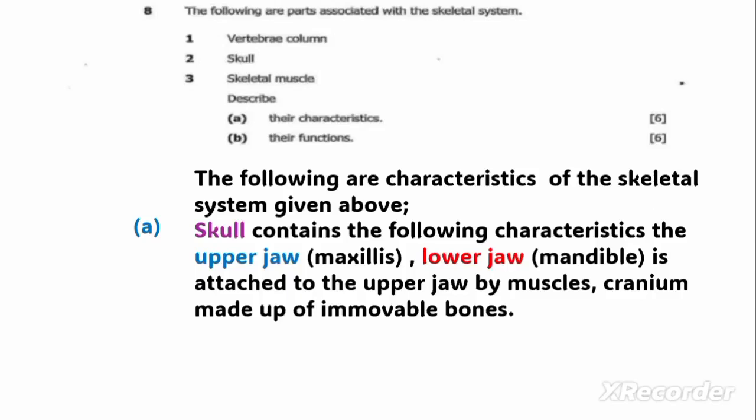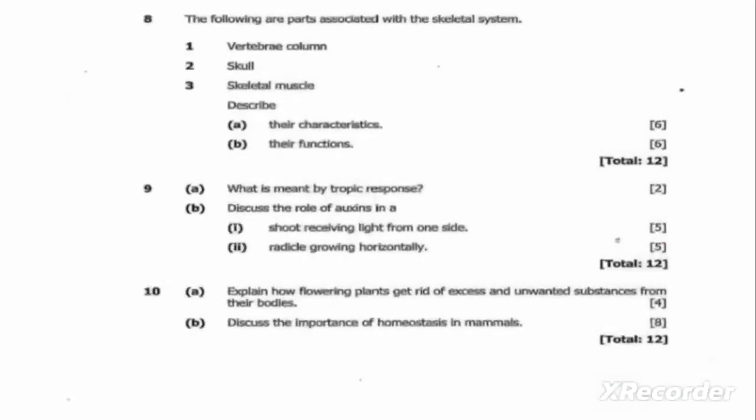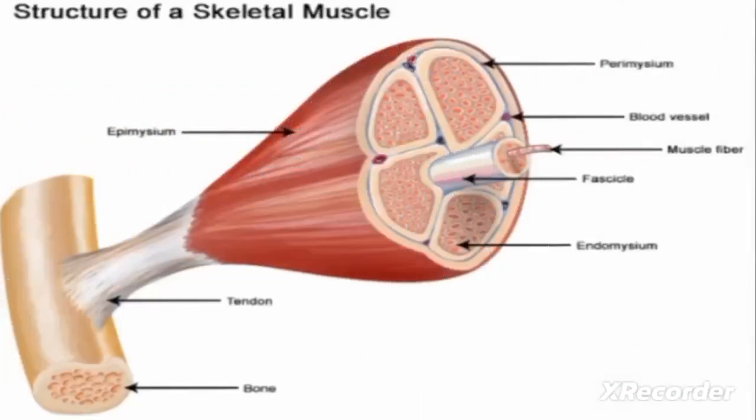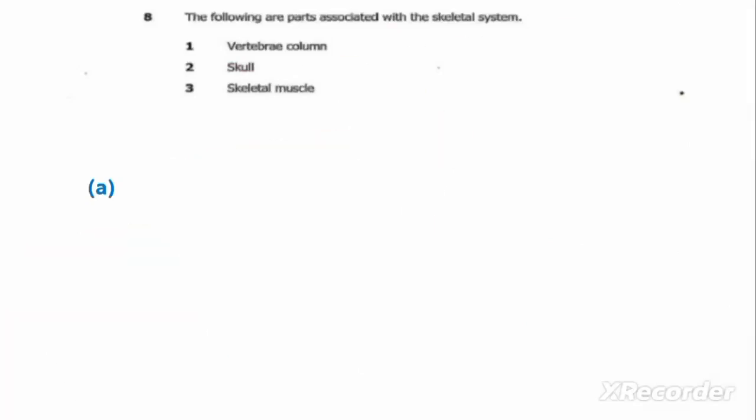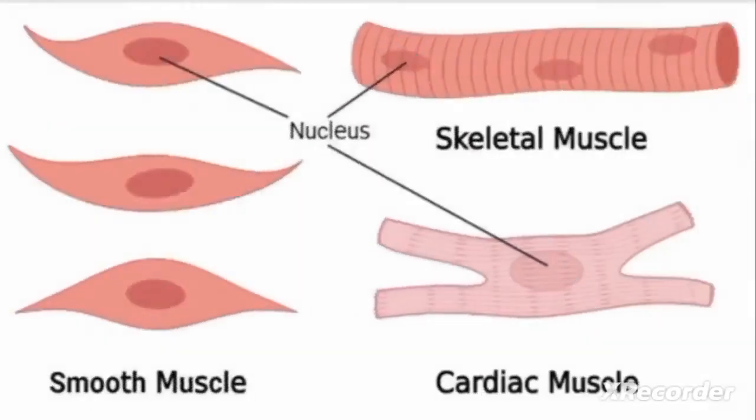We are also going to explain characteristics of skeletal muscle. This one should also carry 2 marks. So we have 3 parts of the skeletal system, and each one should carry 2 marks so that we can attract 6 marks. Okay, the skeletal muscle. The function of the skeletal muscle, by the way,